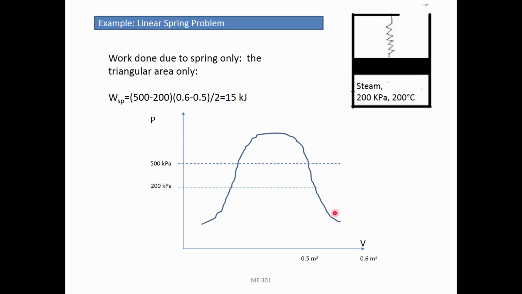Now, what happens if there's a part D and you are asked to find the amount of work done by spring only? Let's go ahead and sketch the PV diagram again. State 1, let's change color a bit. State 2, connected by a straight line.